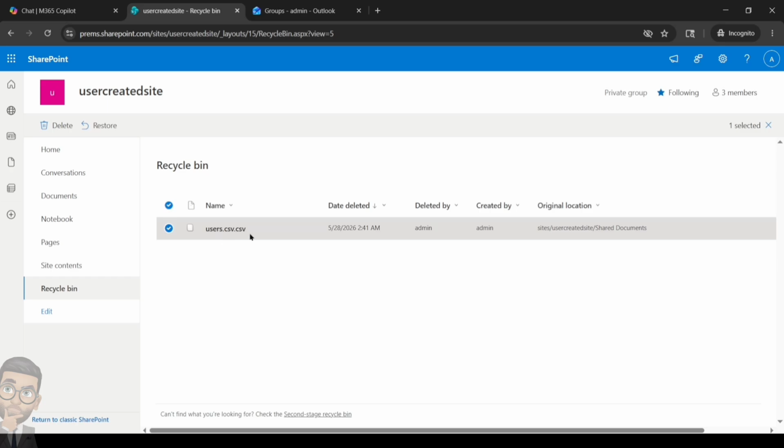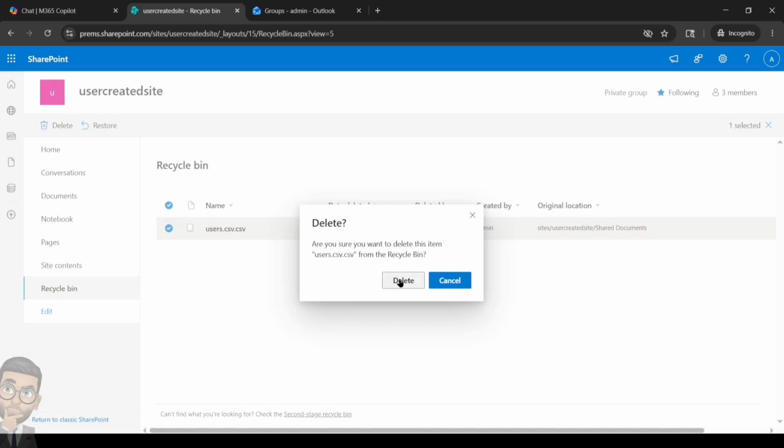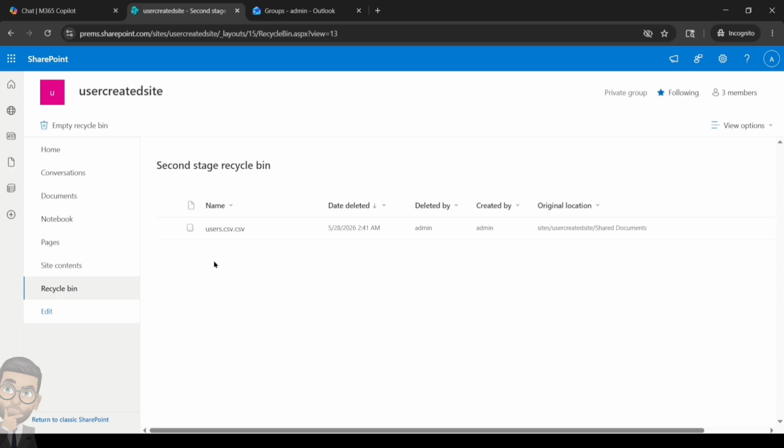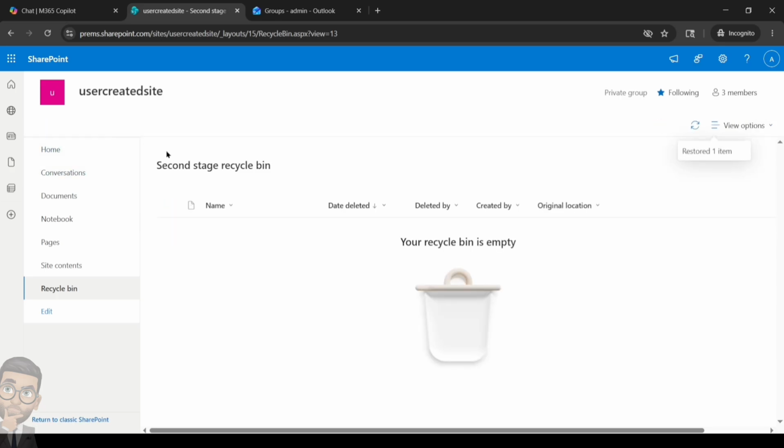If in case the file is not visible here and it has been multiple days since it was deleted, I can simply go to a second stage recycle bin, which is hidden at the bottom, and then try to see if the file is still present there. Or if someone comes in here and deletes the files from here as well, it will not get deleted permanently yet. It will go to the second stage recycle bin. And here you can see the file here. If I simply select it and restore it, it would be restored to its original place